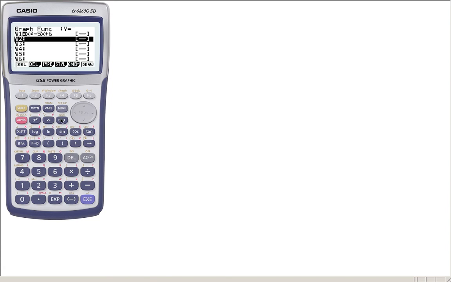Okay, exit. Let us say in the same window I want to sketch another function. So how do we do that? So let me press, before that view window, let me make it a standard. Exit. Okay, let's say I want to sketch x cube. So x power 3, execute, and then draw, and then you can see both the